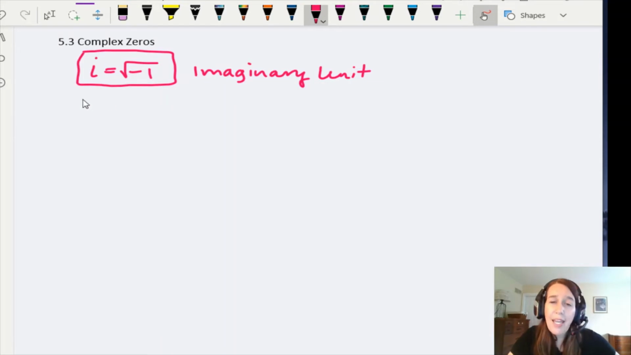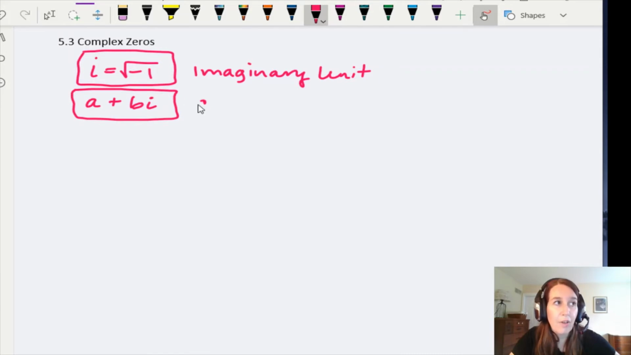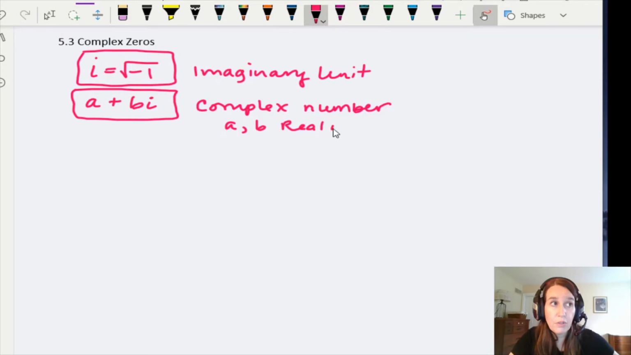But we keep saying complex, not just imaginary, and that is a plus bi. So this is the format of a complex number. a and b are just real numbers. Of course, i is that imaginary unit. Okay, so for example, complex numbers,